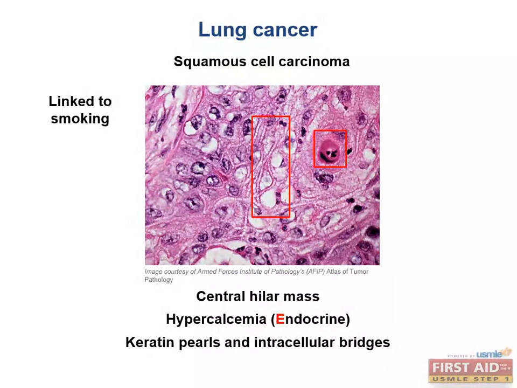Histologically, you're looking for keratin pearls and intercellular bridges. Can you see them on this image? Here's a keratin pearl, and here are the prominent intercellular bridges, almost like tram tracks throughout the image. Of the common primary lung cancers, this would be one of the better ones to have because it's resectable and you can catch it early enough, and it has a relatively good 5-year prognosis.